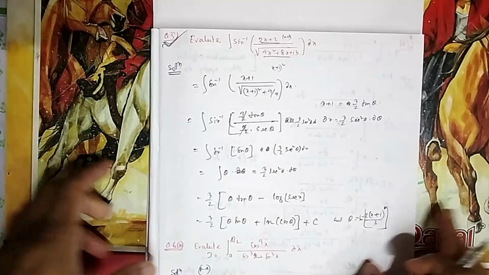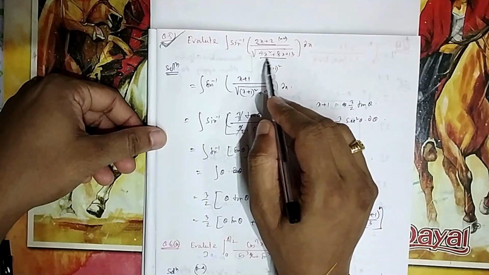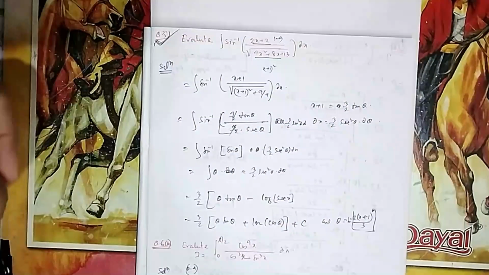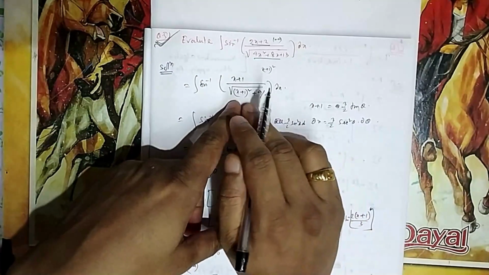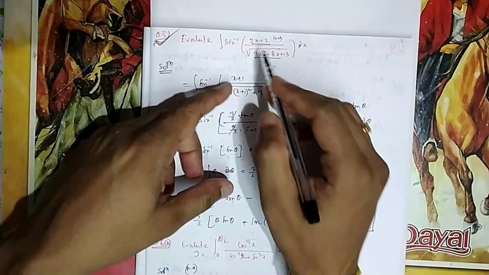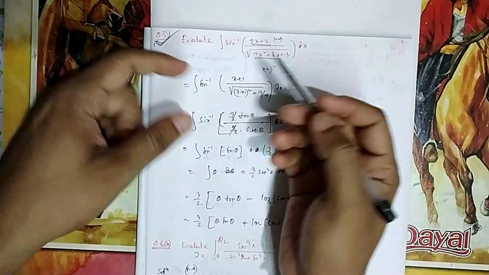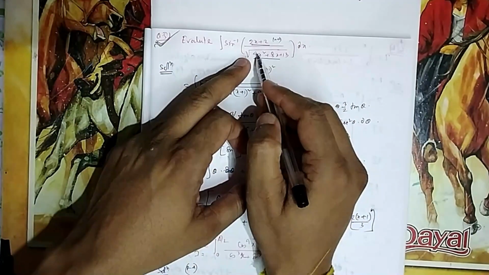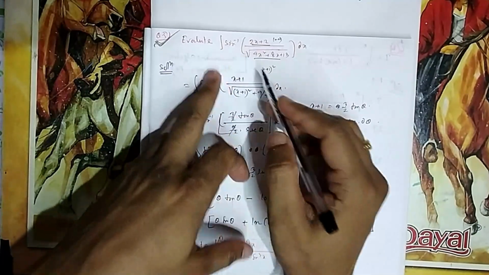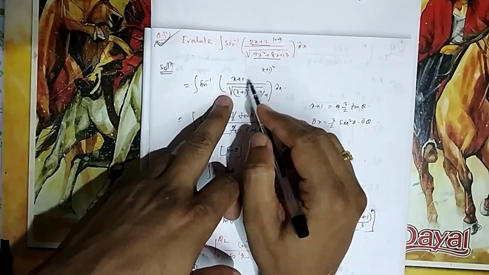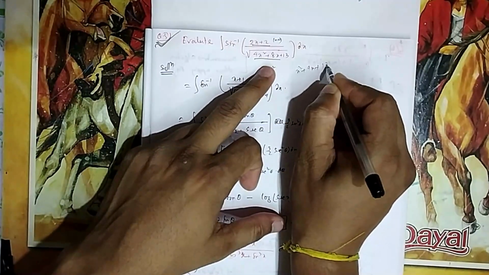Next, if you come to question number 5, evaluate sin inverse of (2x plus 2) by root of (4x square plus 8x plus 13). Obviously, because sin inverse is there, we have to do some trigonometric substitution. It is under root, so we always make it a perfect square. To make it a perfect square, we generally keep x square single. So you take 4 common, that is 2 will be taken common. 2 you can take from the numerator also, so it will be x plus 1, and the denominator will be x square plus 4x plus 13 by 4.